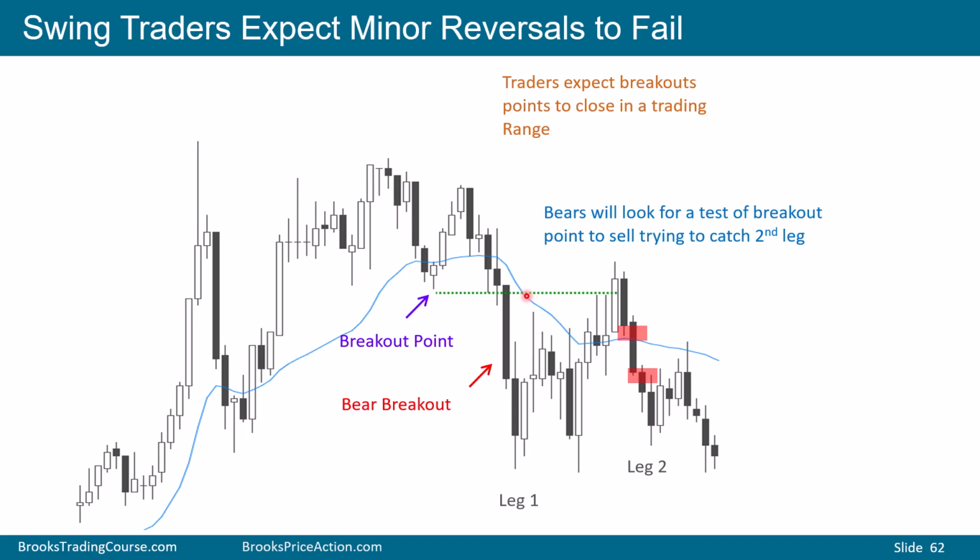And what that creates is a retest of the breakout point. The bears know that the majority of the time breakout points get retested, especially in a trading range. So rather than selling all the way down here, a lot of bears will wait for the retest of the breakout point and sell either below this bar or this bar once they are confident that bulls are selling out of longs. Scale in bulls buy, they buy more lower, or they buy above a bull bar here or here. Then they exit at their original entry.